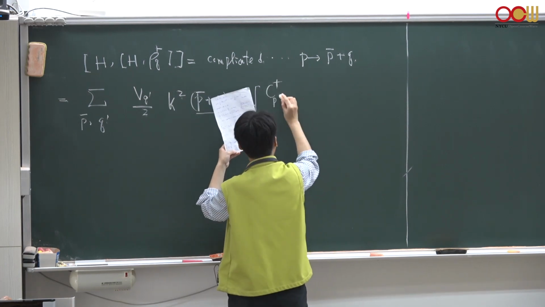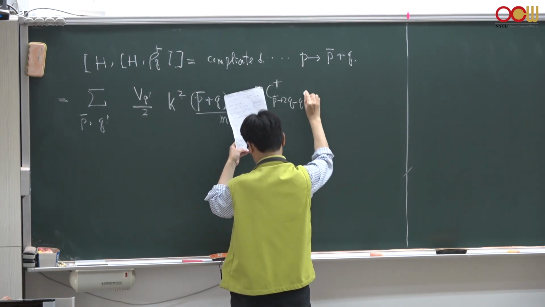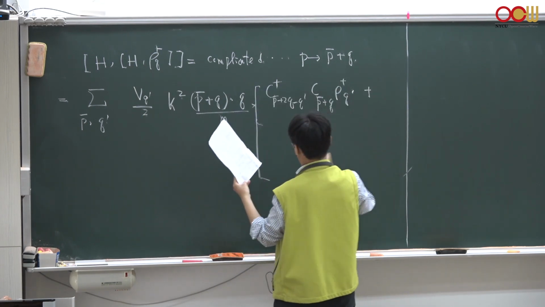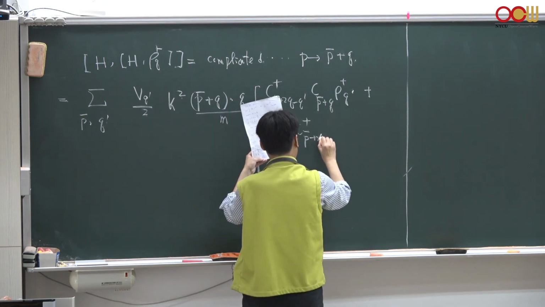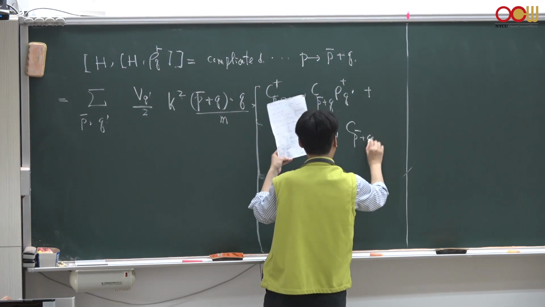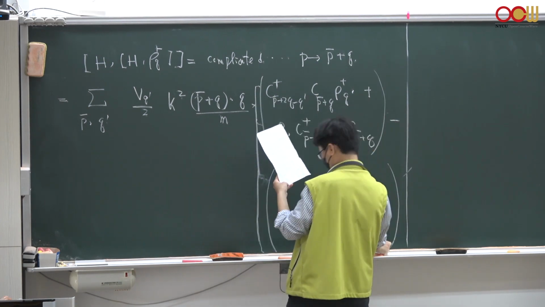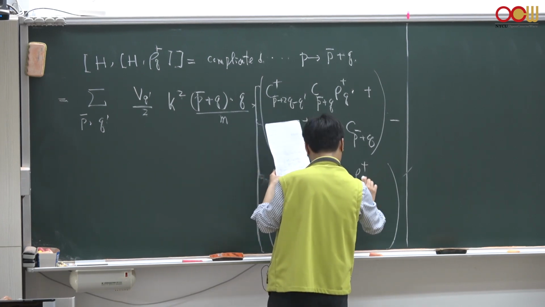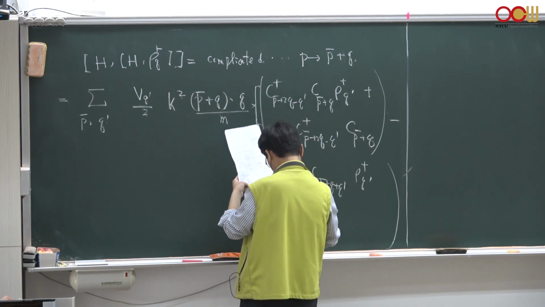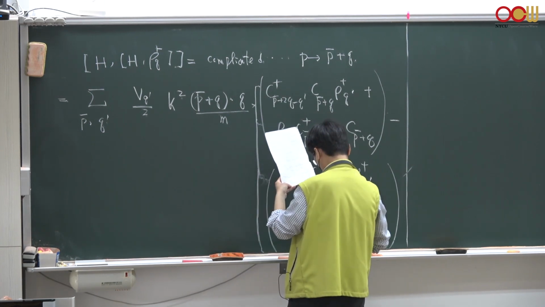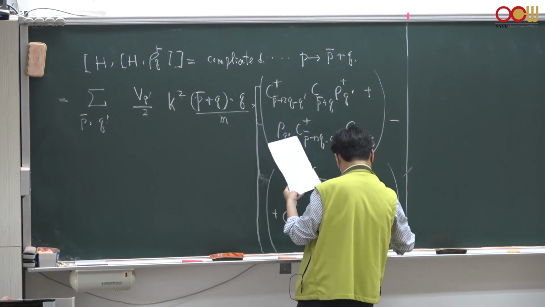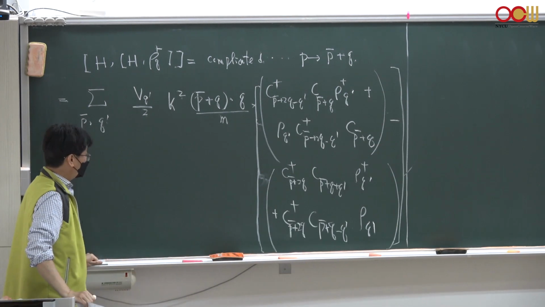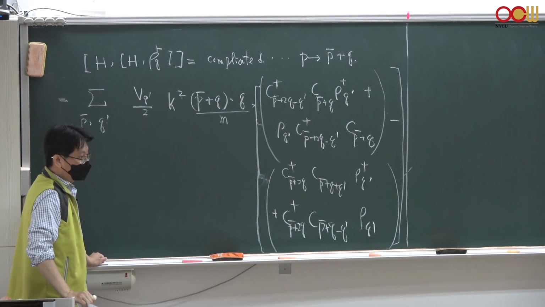So let me write p bar plus 2q minus q prime bar plus q and rho dagger q prime plus rho q prime p bar plus 2q minus q prime bar plus q, and minus another 2 plus 2q bar plus q plus q prime rho dagger of q prime plus 2q bar plus q minus q prime and rho of q prime. Okay, so it looks horrible, but later you'll see that after some simplification, this reduces to a really elegant